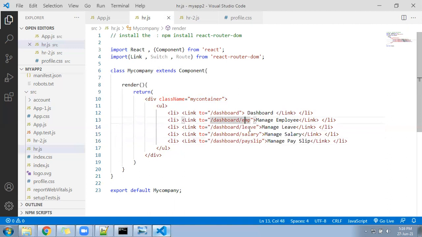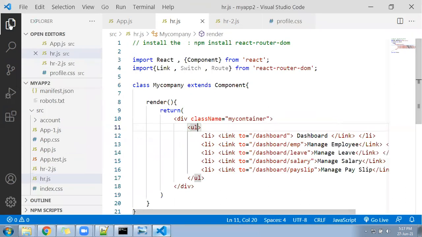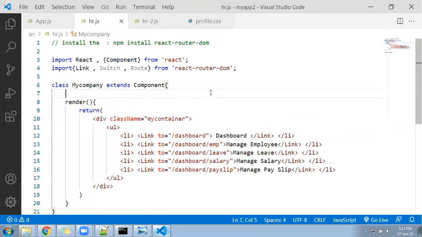EMP, leave, salary and payslip. But it is the part of dashboard. You can see here, it's a part of dashboard. Now I'll show you in the browser URL how it is going to come. When I click on any of the link, how it is going to appear in the browser URL. Okay, so let me go to my browser and see how it looks.